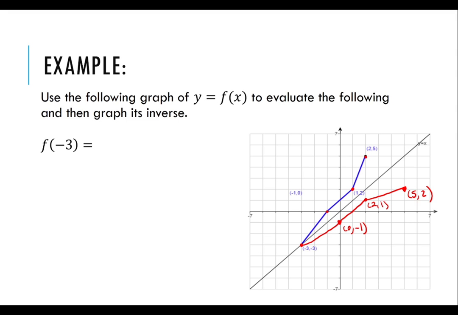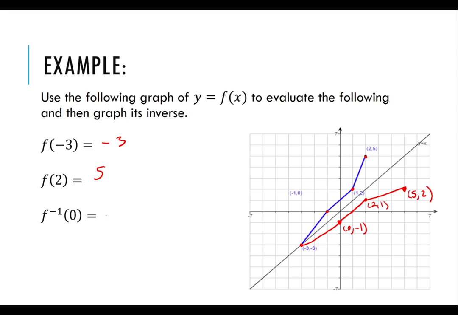I went ahead and found the graph, so I kind of did this backwards, but now let's actually find these values. f of -3: we see this point, so the output is -3. f of 2 is the point 5. The y value pops out. Then f inverse of 0, because I've already got the graph, f inverse of 0 is going to be (0, -1). In other terms, you should be looking for the y value of the original function,